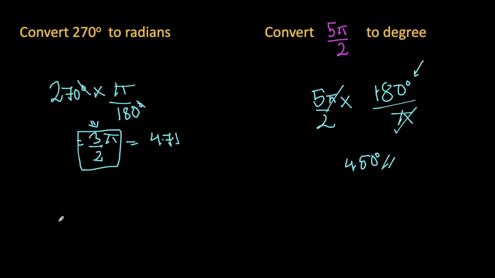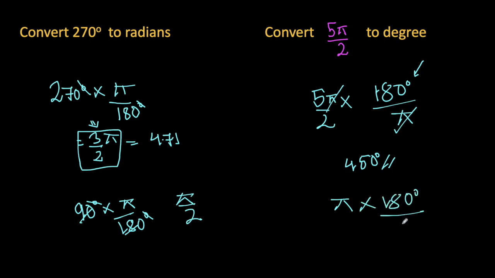Okay, now let's take one more example. Let's take 90 degree. Now convert into radian. So we know that 180 should be in the denominator, so that we will cancel the circle, and this will give you 1 over 2. So pi over 2 is your answer. Let's take one more question. Pi, and the conversion factor is 180 degree over pi, because we know that pi and pi will be cancelled out. So your answer is 180 degree. So this is the way you have to solve. You have to convert from degree to radian and radian to degree.